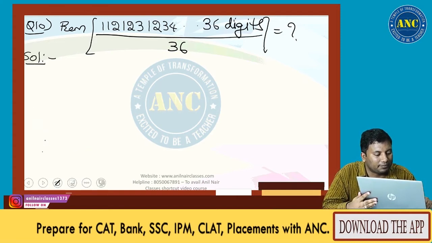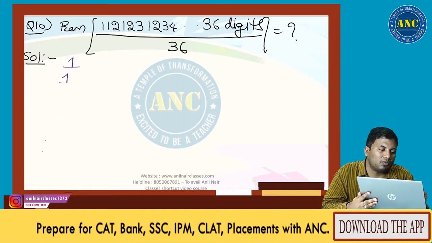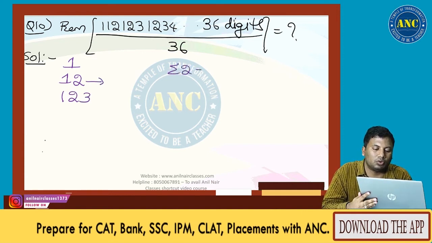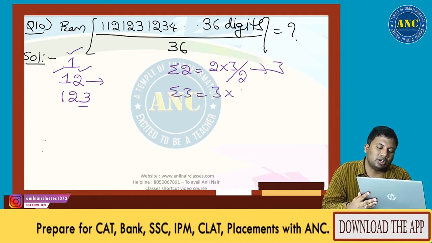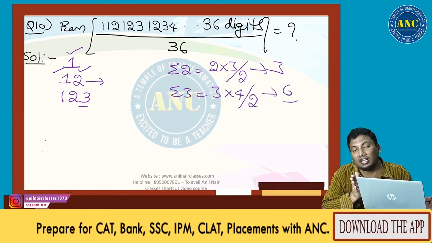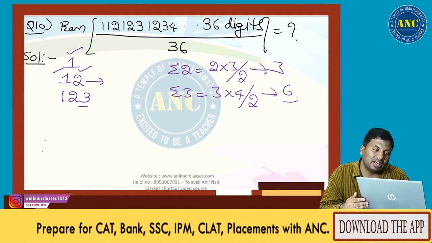Now if you see, I will write it vertically: 1, 1, 2, 1, 2, 3. If it is ending with 2, it is nothing but summation 2, which is n into n plus 1 by 2. I wrote 3 digits, 1, 2, 3. If it is ending with 3, totally summation 3, which is 6 digits I wrote. That means if it is ending with 2, there are summation 2 digits. If it is ending with 3, it is summation 3 digits. If it is ending with n,